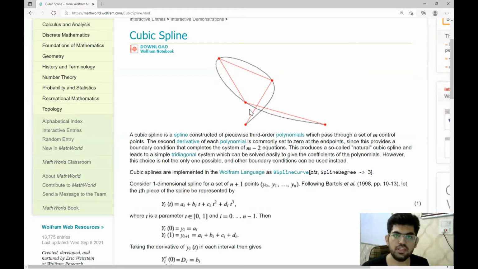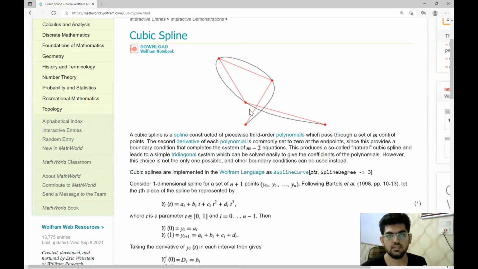And how we are going to interpolate between all those points, we use a technique called cubic spline. We interpolate a cubic polynomial between each of the 2 points and also maintain the continuity between those 2 points in terms of velocity and acceleration.